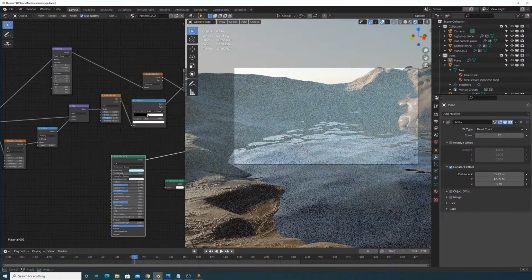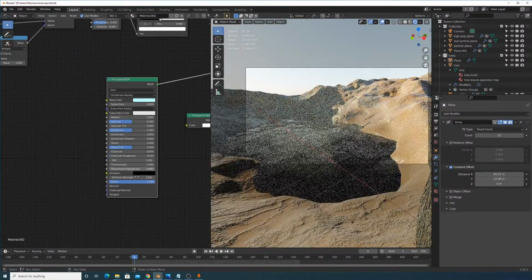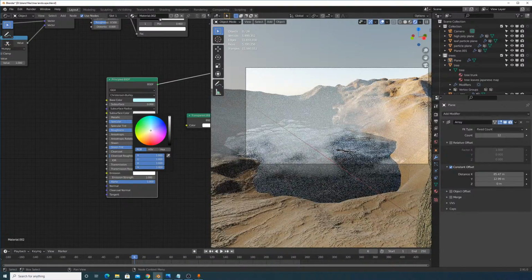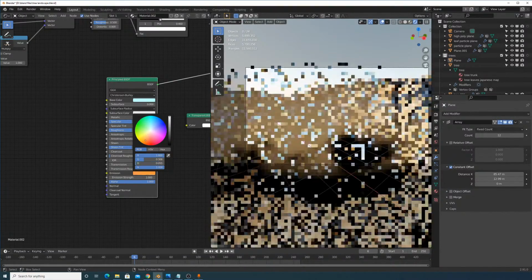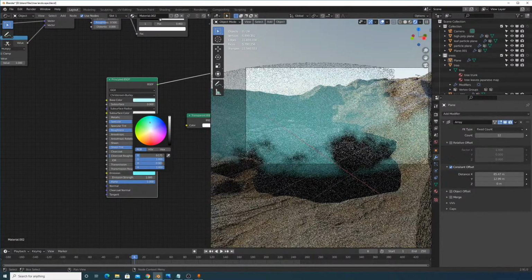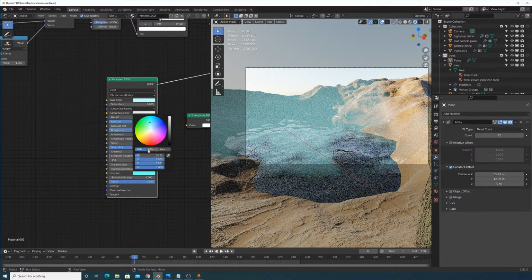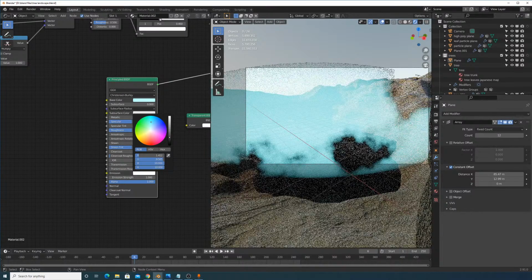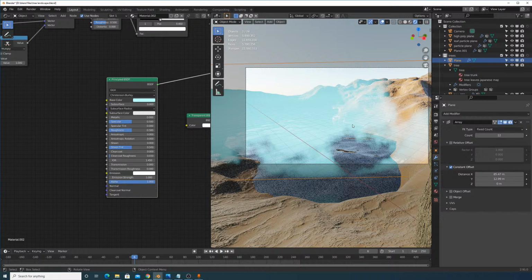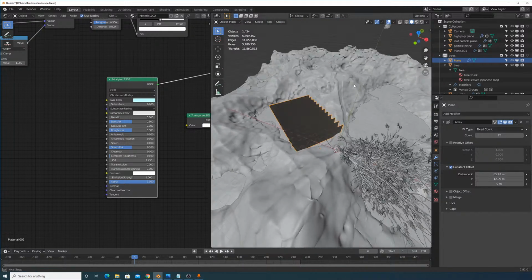Which is interesting. And you can also have it emit light. So you could have it, I don't know, orange. It kind of gives a more dusty look, but you can have more blue. You could set this way up to like 10. Now it just looks crazy. But yeah, that's kind of how you make smoke, but without having to set up simulations, and it can just